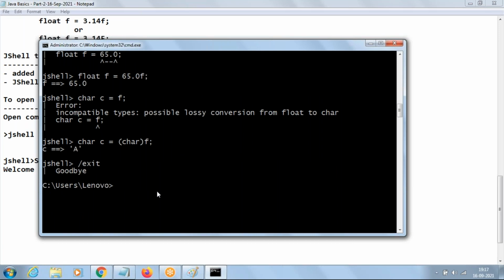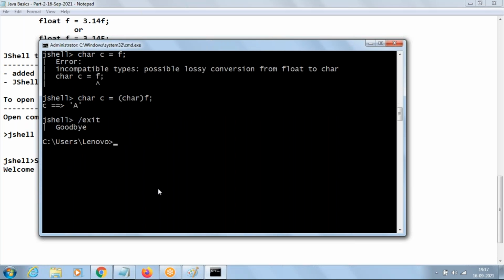Yes, Rajdeep. Yeah, sir. What if we provide the value of float or integer which is out of range of ASCII? Then what will be the output for the char? Out of range for ASCII means, let me take one small example. In byte, what is the range of byte? Minus 128 to 127. Just remember one small formula. Byte b equal to, or if you take something like integer n equal to minus 65.